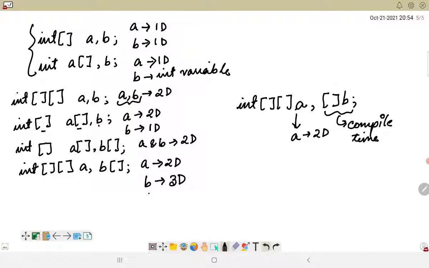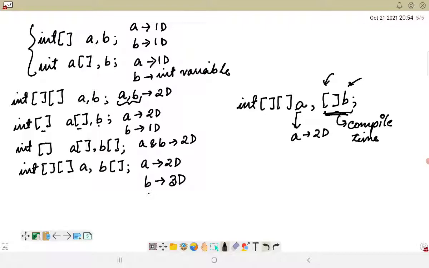Basically because we cannot define the size, or we cannot declare the size before the array reference variable in case of 2D arrays, for the second variable. So for the second variable, we cannot use this kind of representation. For the first variable, of course we can do it, but for the second variable we will not be able to do it, and it will throw us a compile time error.